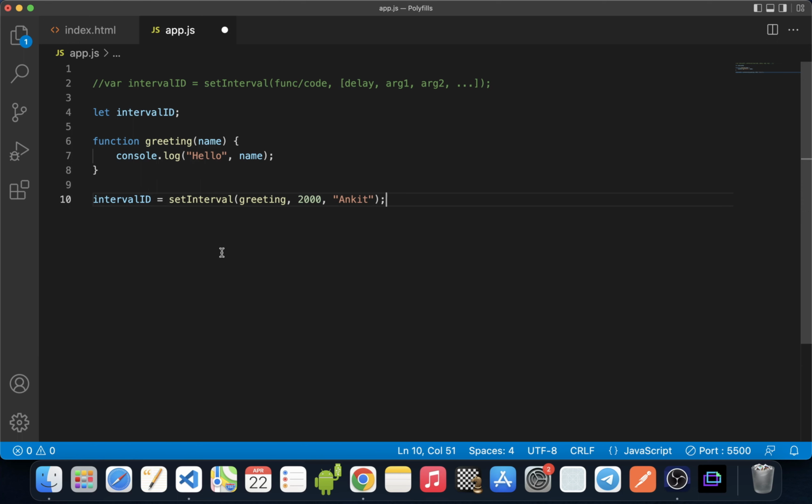We'll also add a counter and an if condition to check if the function ran 4 times.